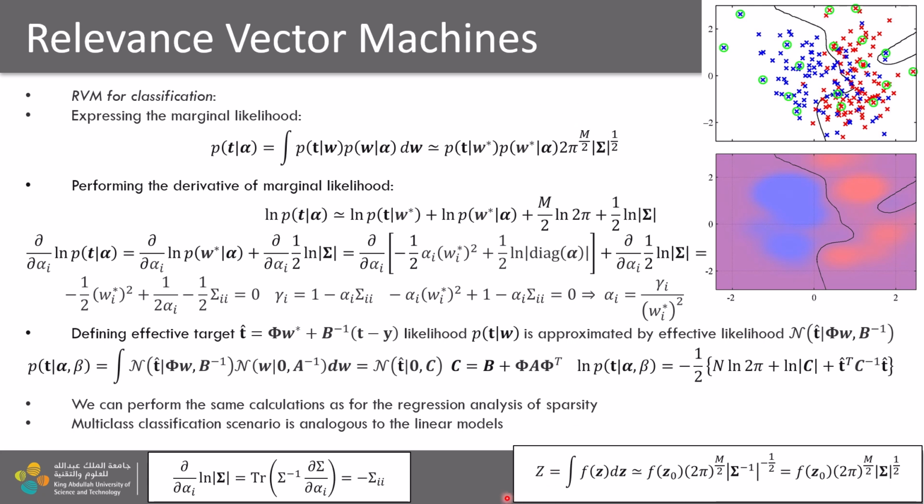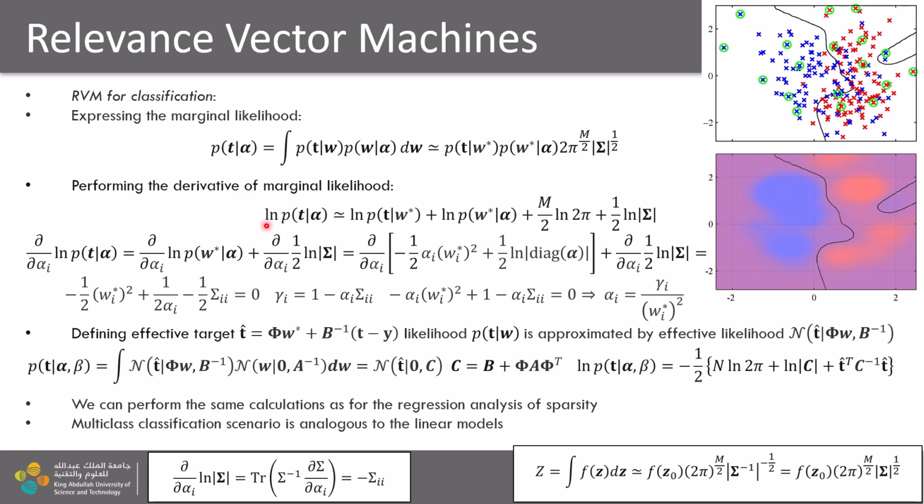So once we have solved this integral and approximated our marginal likelihood by the likelihood at the particular weights at the mode and the probability distribution of the weights at the mode given the hyperparameters,